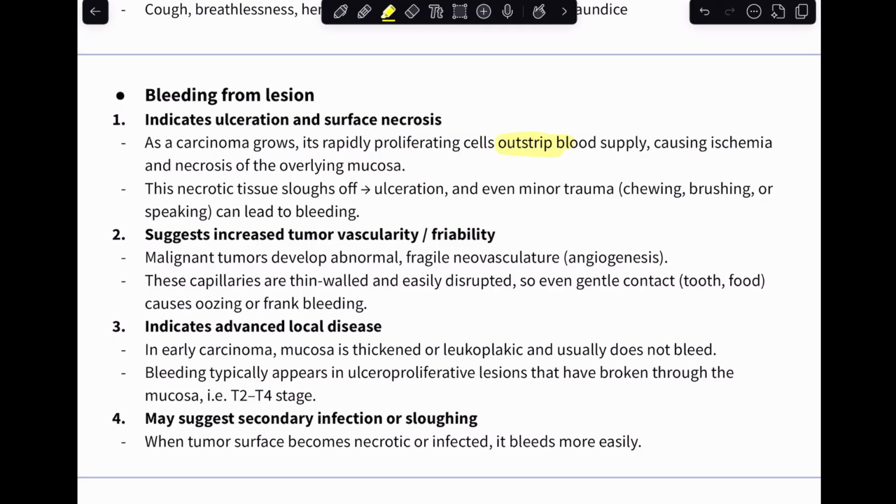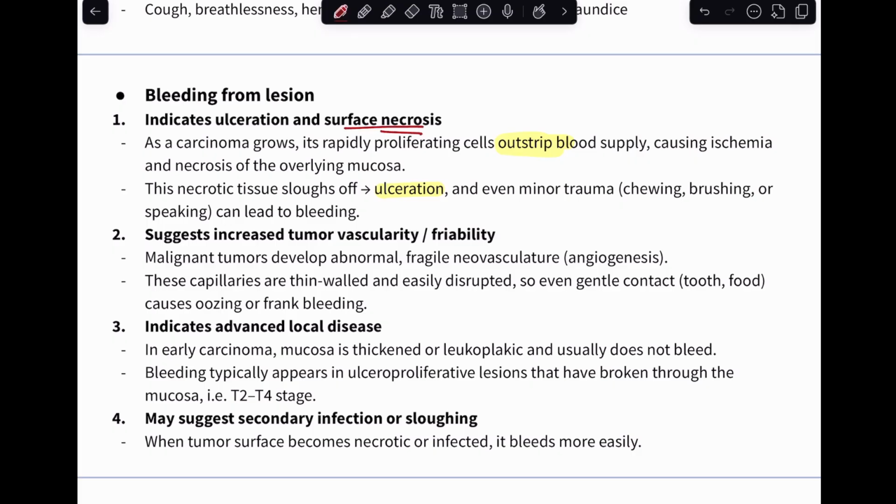And once this necrotic slough tissue starts to fall off, it leads to ulceration. And even if there is any minor trauma over here, maybe from brushing the teeth, chewing food, or even when speaking, this can lead to bleeding. So that is the importance of taking the history of bleeding. So we'll know if there is